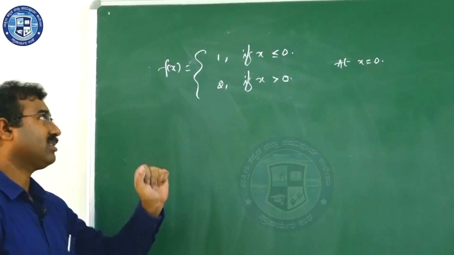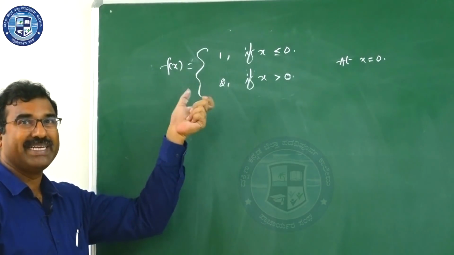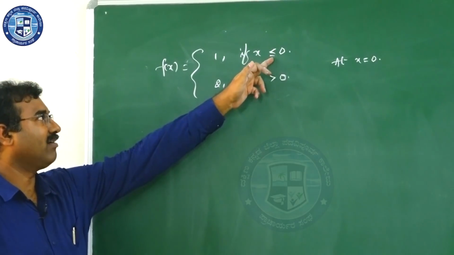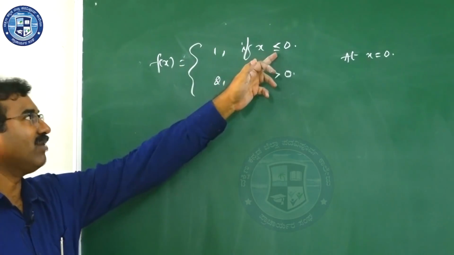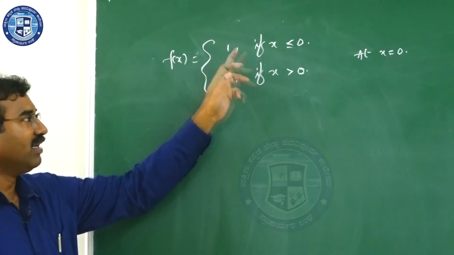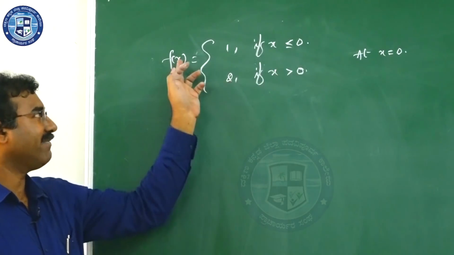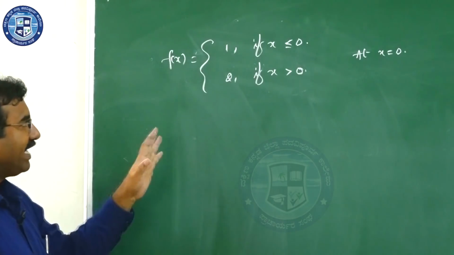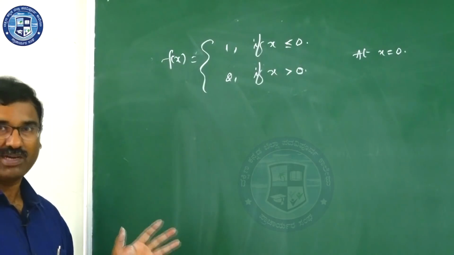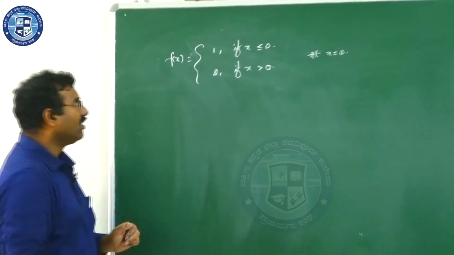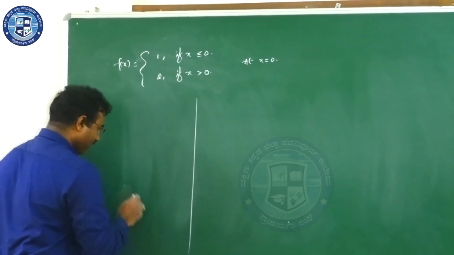Try to understand first where the function is splitting. When x is less than 0 and equal to 0, they have given the function value is 1. When x is more than 0, they have given the function value is 2, right. So, now when I take its graph, it is not a difficult one, we draw the graphs. By graphs we can understand more clearly. Now, if I draw its graph,